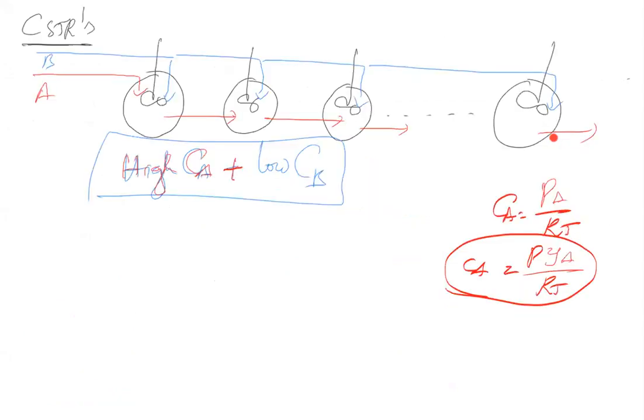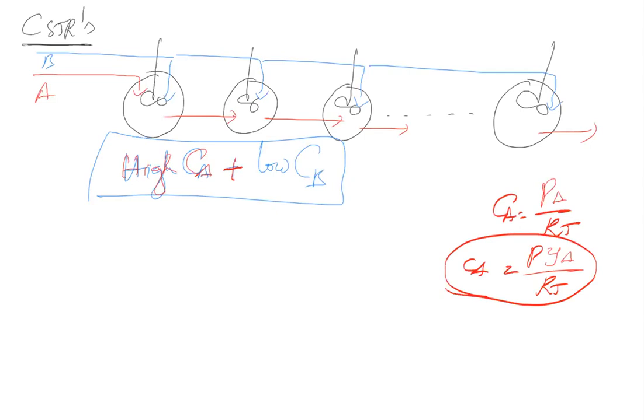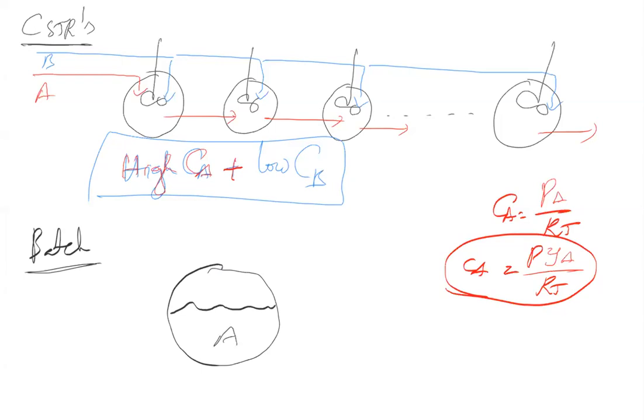Suppose I want to do a batch reactor, how do you do it? So what you do is, you take a big amount of, let's say, A, and you add B drop-wise,